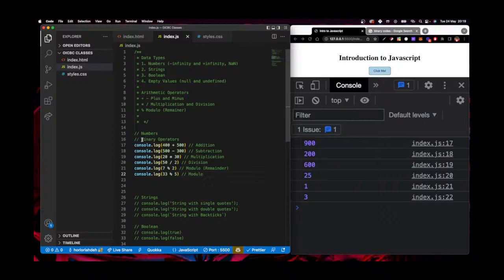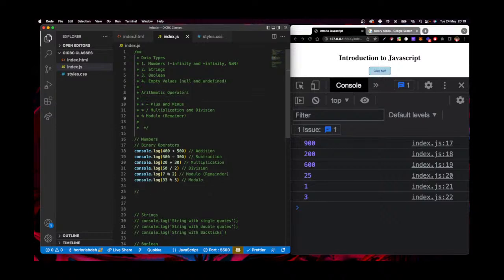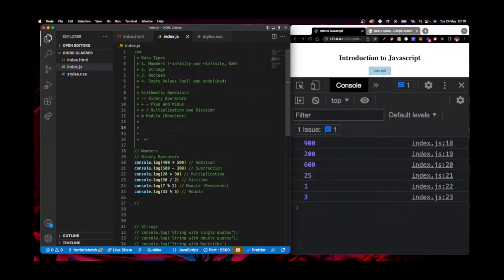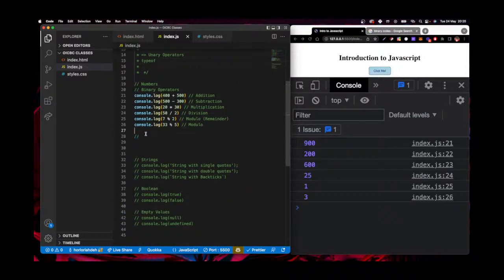So these are binary operators. We have unary operators as well. So I'm just going to try that. Let me put here, we have unary operators. In other words, can you guess what a unary operator would do? A unary operator basically just performs